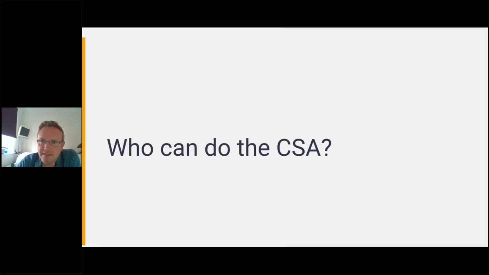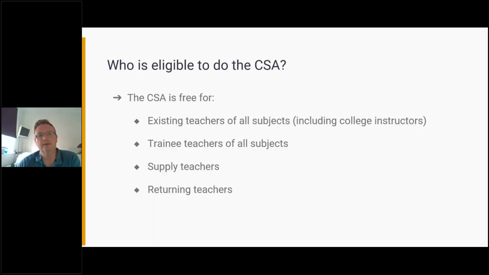So in terms of eligibility then, I've obviously just touched upon this, but who can actually do the CSA? As I say, when the programme first started, it really was for existing teachers, computing teachers that needed to improve their subject knowledge. As of April, we have expanded that so that the following teachers or people are eligible to do the CS Accelerator.